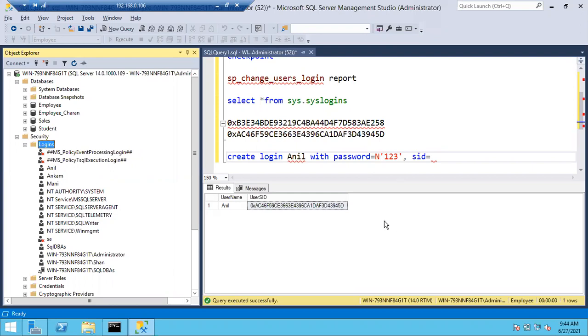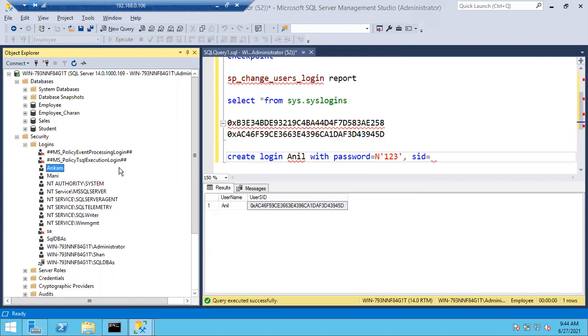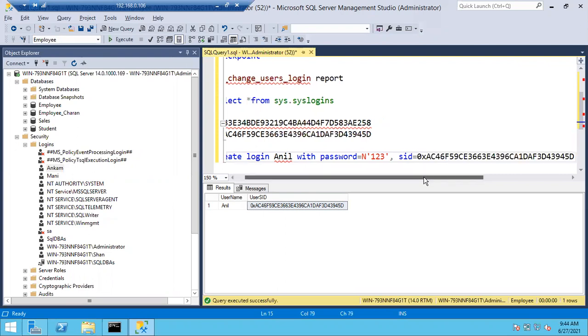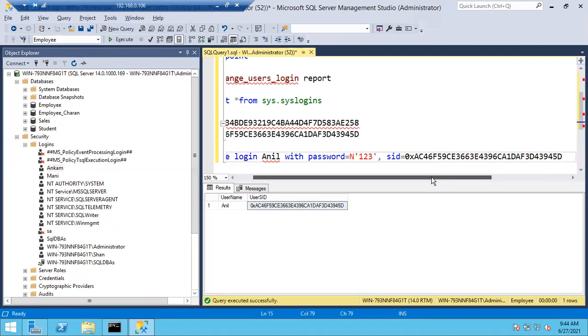Clear? Right. Okay, now what I'm doing is deleting this Anil login as it has a different SID. I'm manually creating a login named Anil with password 123, comma, SID equal to the user SID. This is the user SID, right? I'm simply creating a login with the user SID. So now the login SID and user SID will match, and the orphan user issue will be fixed.